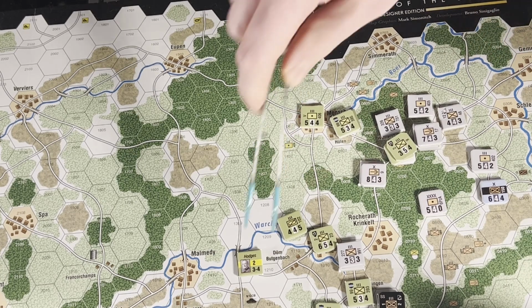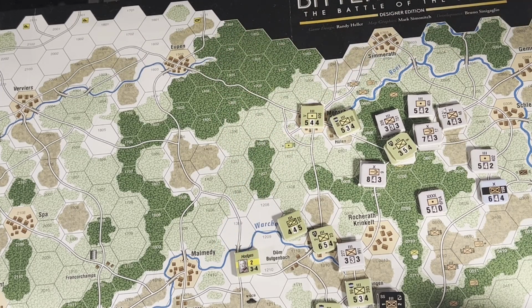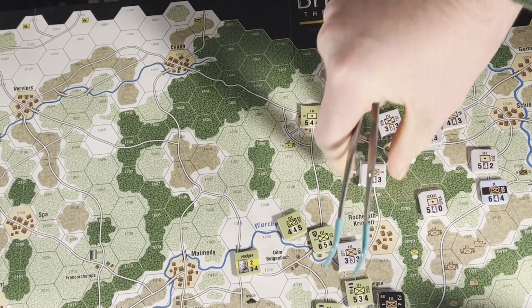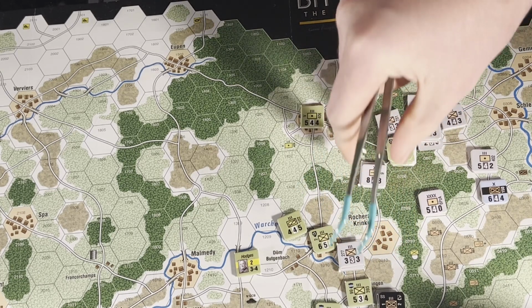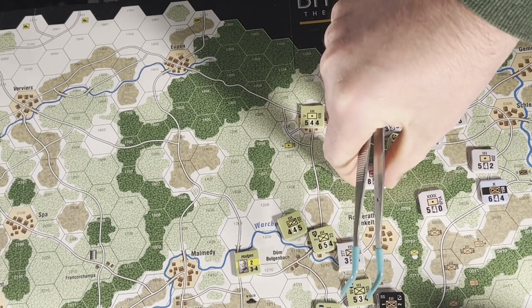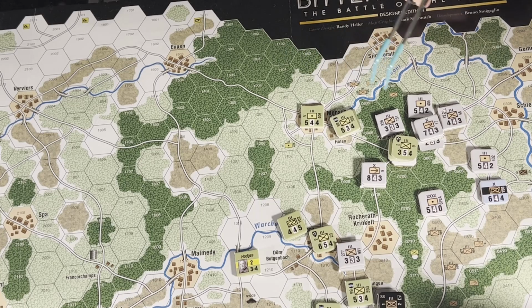That might change at a future point, but for now that's where it's going to stay. I am considering though moving Hodges onto the other side of the river, although he's kind of not bad where he is there. So I might just leave him there. And then as far as counterattack potential, we don't really have any, so that's not going to happen,